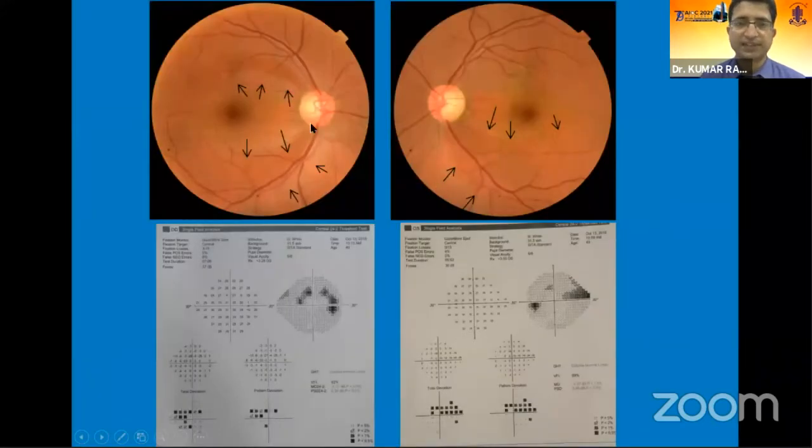I would like to state this with an example. If we see this fundus photo here, we would appreciate that there is an RNFL defect in the superior part and in the inferior part. But when we see the report, we see that there is only a superior arcuate scotoma, and as expected, there should be an inferior arcuate scotoma, which is missing here. This kind of miss may be there in pre-perimetric glaucomas. So this re-emphasizes that glaucoma is a clinical diagnosis, and even the best of reports is only supportive evidence, or it may help us in confirming the diagnosis, in prognosticating the disease, or in telling us how the disease is progressing with time.